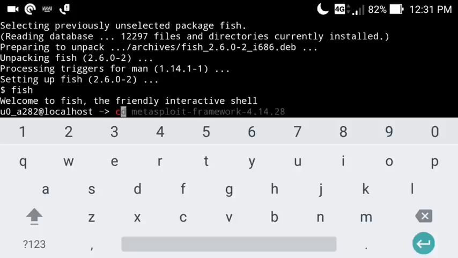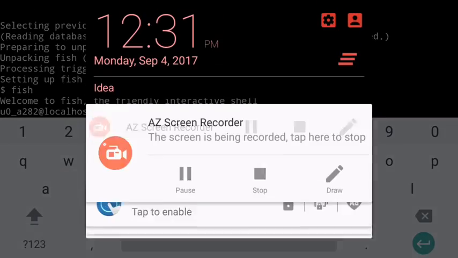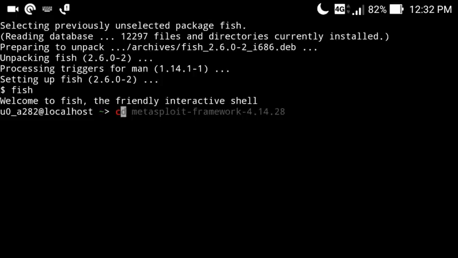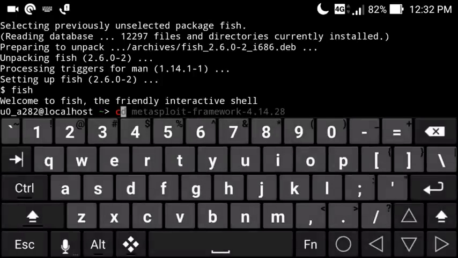To use this particular package, you simply need to go to your keyboard and select a hacker's keyboard. I also recommend you use the hacker's keyboard. It will be very helpful for those who are heavy users of the Termux app. So just type your cd, and here you can see it automatically shows that particular folder name, and just hit on this button, and after that just hit enter.